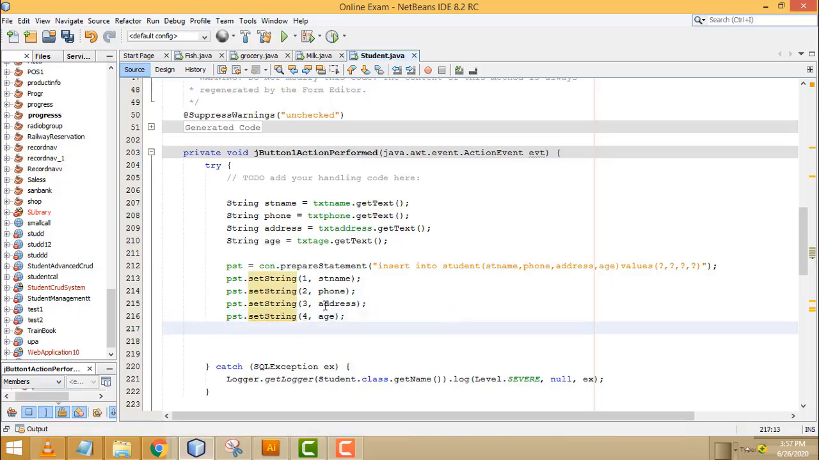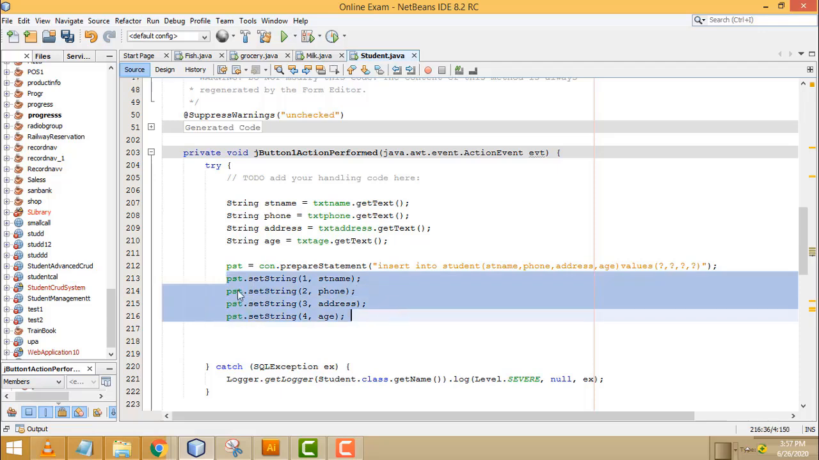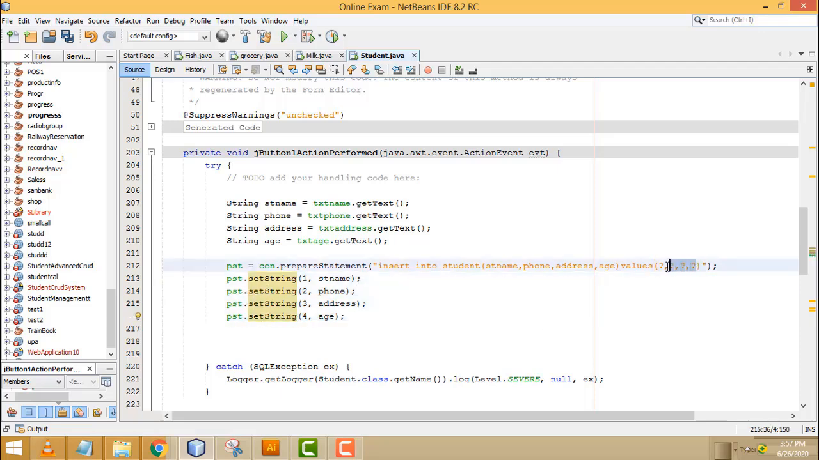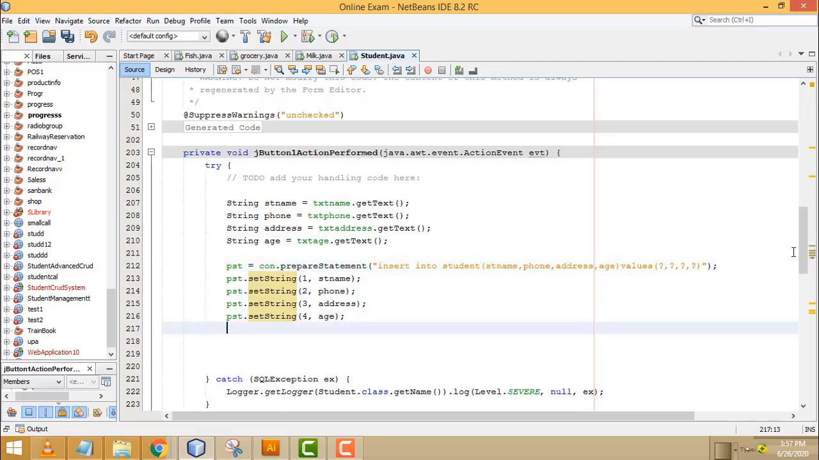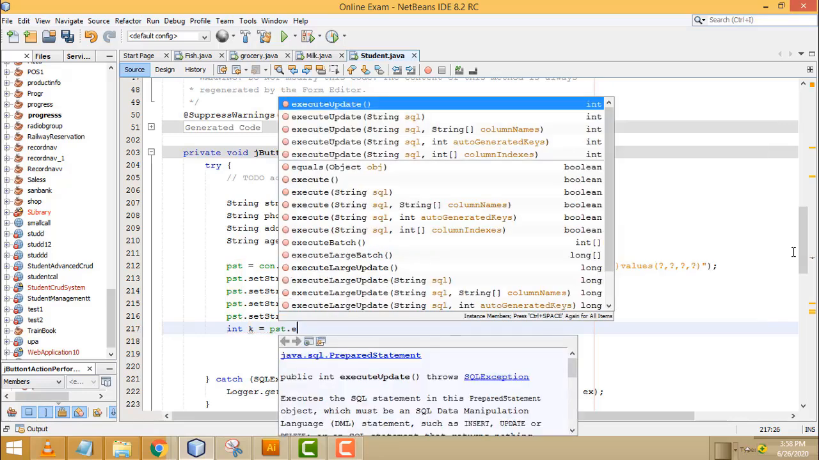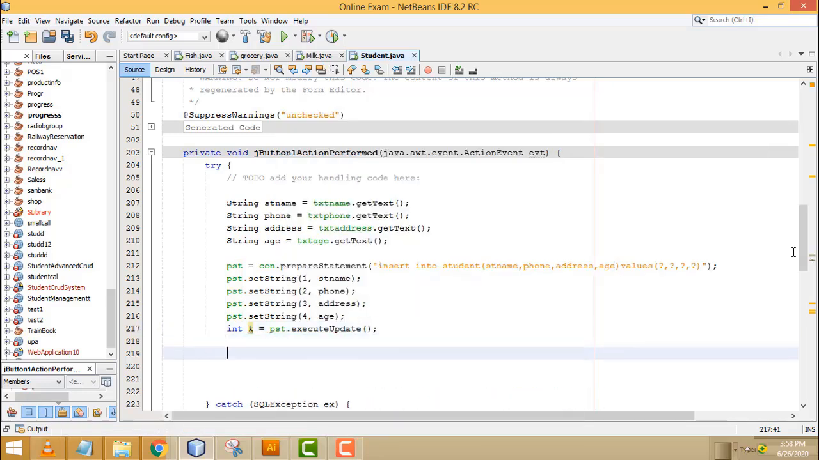Now here these are called parameters. The sequence of parameters follows the sequence of columns in the database table. After that we have to write the insert code, right? So we have to write int k equal pst dot execute update. Here we have to write if k equal 1, it means